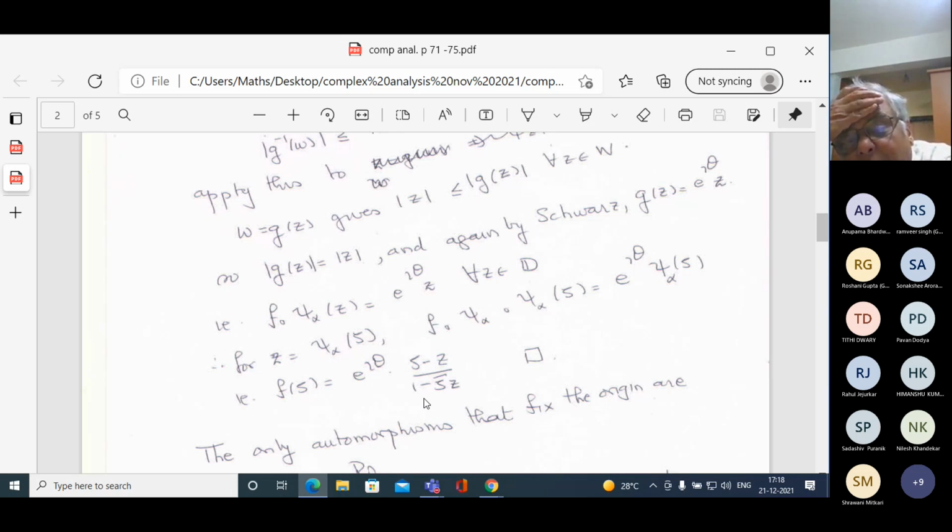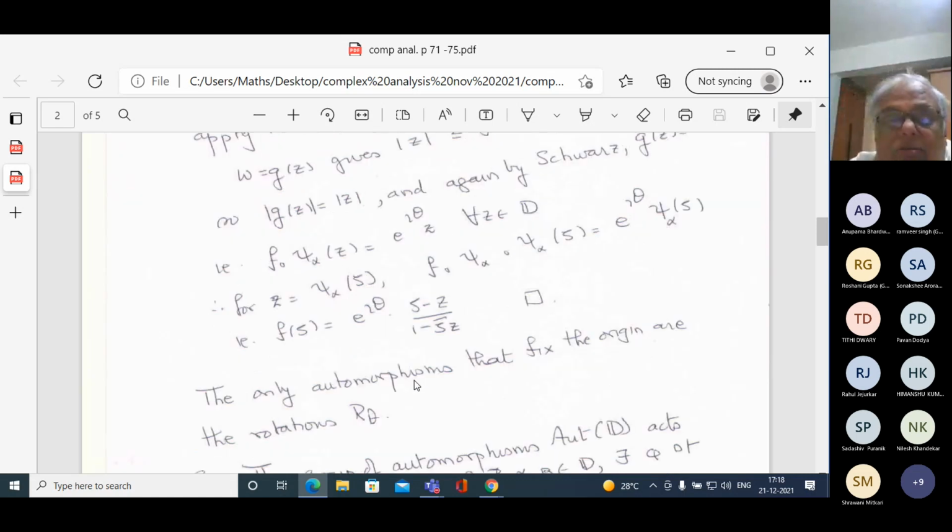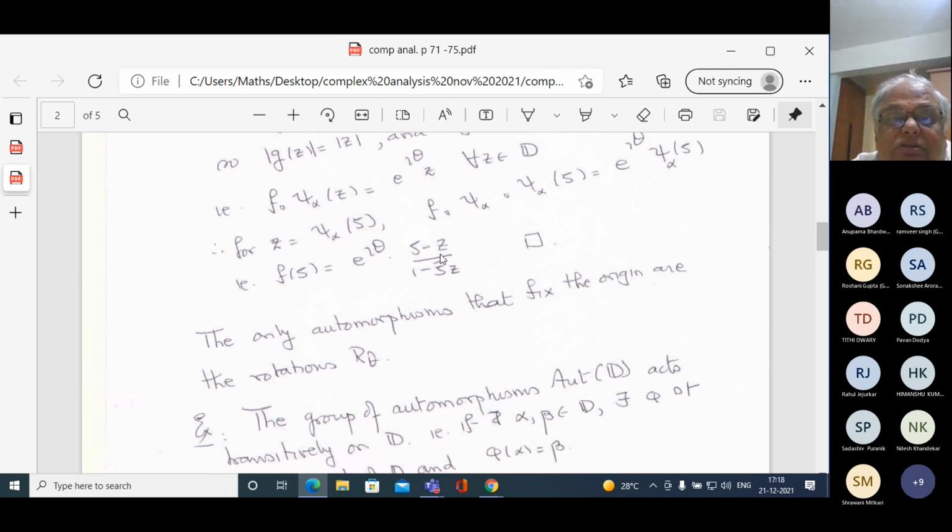And therefore, the only automorphisms that fix the origin. So you want f of 0 equal to 0. The only automorphisms that fix the origin. So f of 0, what is f of 0? You're putting zeta equal to 0. And therefore,